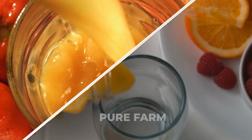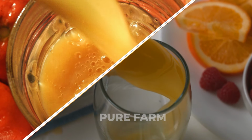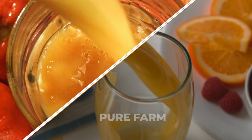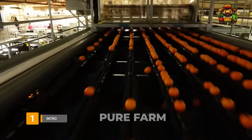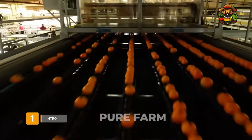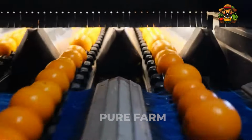Every morning, millions of gallons of orange juice arrive on grocery shelves, perfectly fresh and bursting with flavor. But have you ever wondered what it takes to get there? Behind each glass lies a story of precision, innovation, and thousands of hands working in sync to bring that sunny